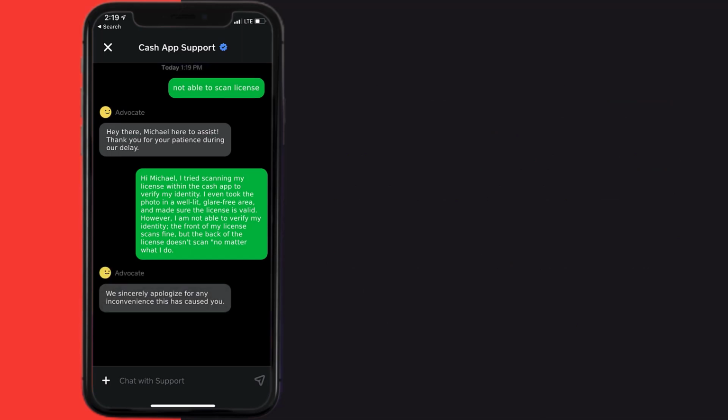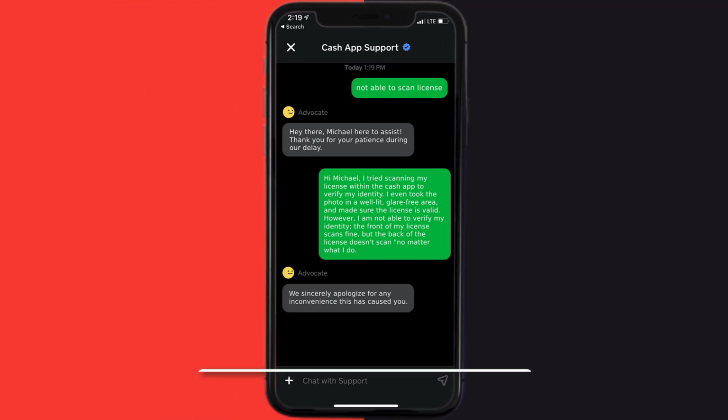Hopefully, the Cash App representative will help you fix Cash App license scan not working, and if they did, then